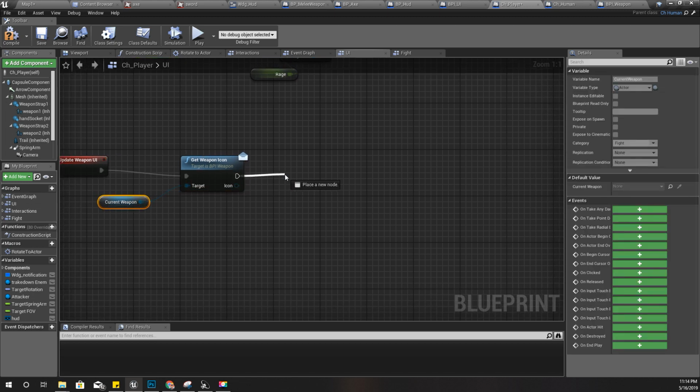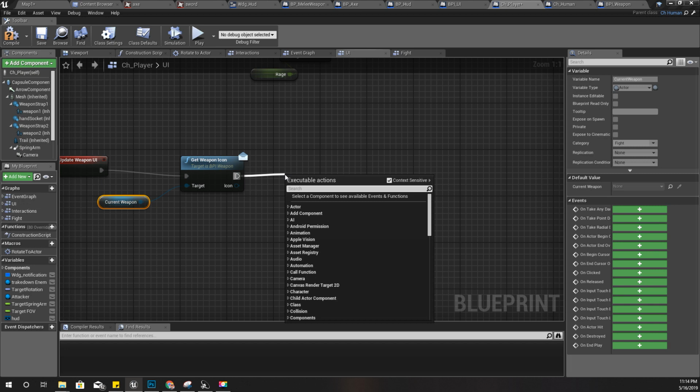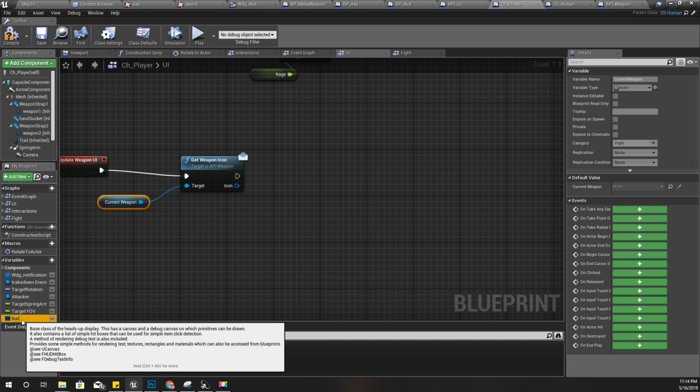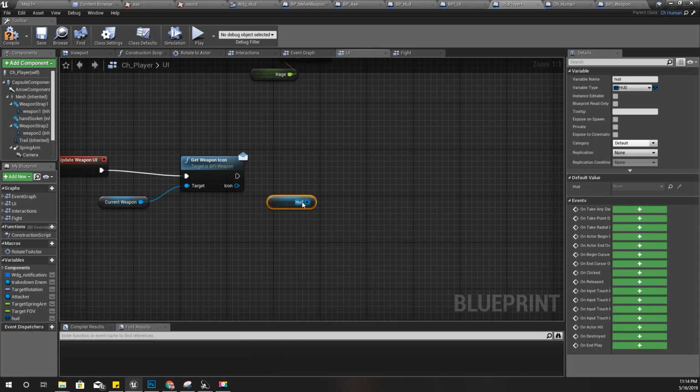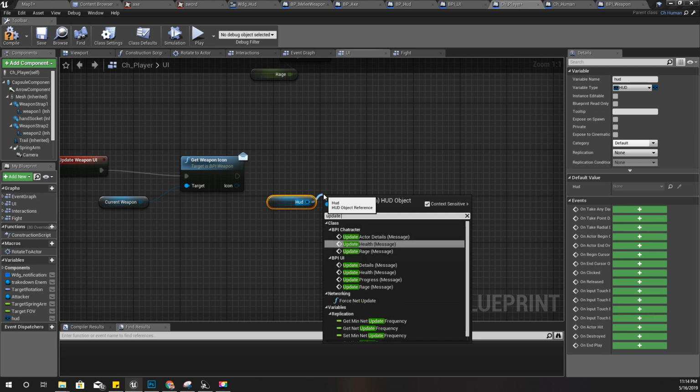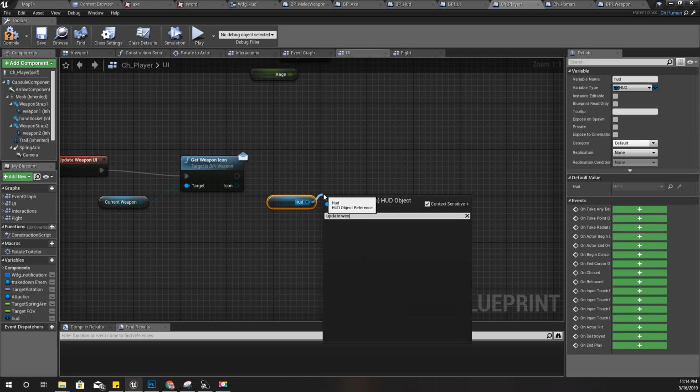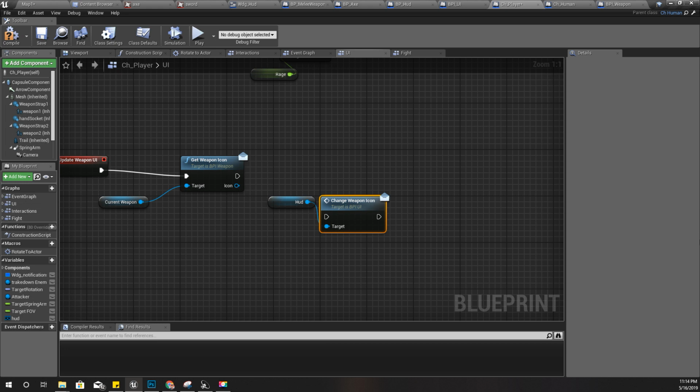And I have the HUD update change weapon icon,